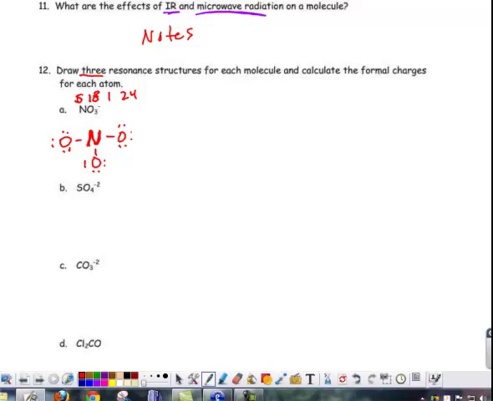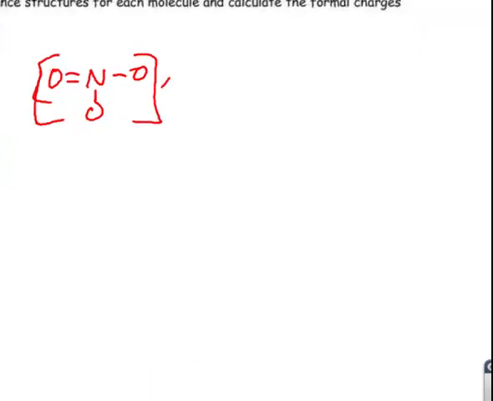So 3 different resonance structures will be do a double bond on the right side, the left side, put it in brackets,